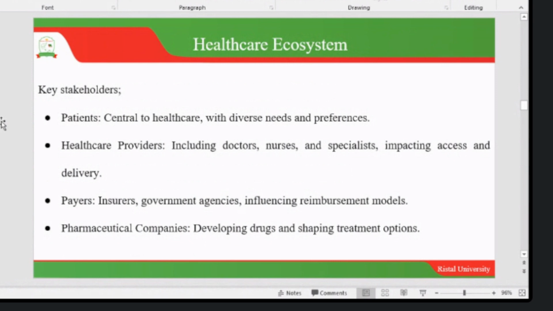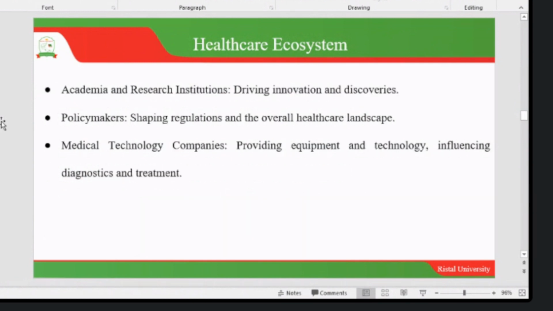So this influences the reimbursement models, so that the hospital can know how to run based on the person who is paying for the service. Then we have pharmaceutical companies which develop drugs and shape treatment options. Then we have academia and research institutions that drive innovation and